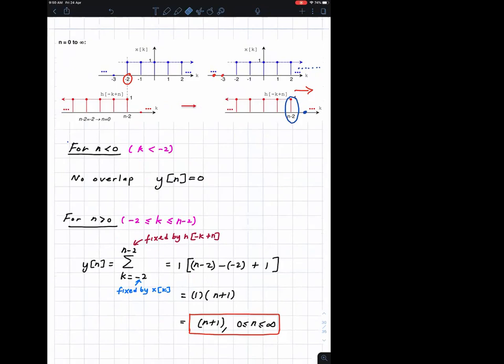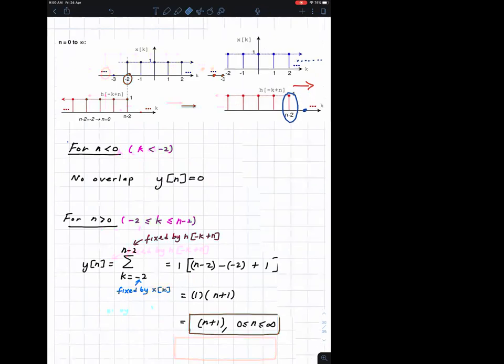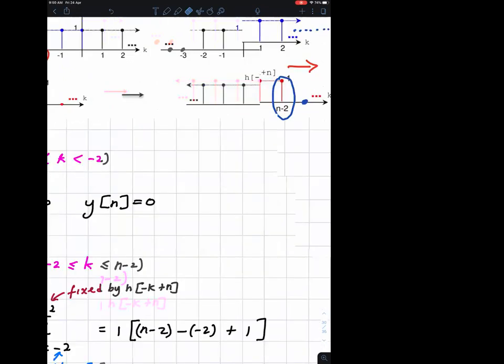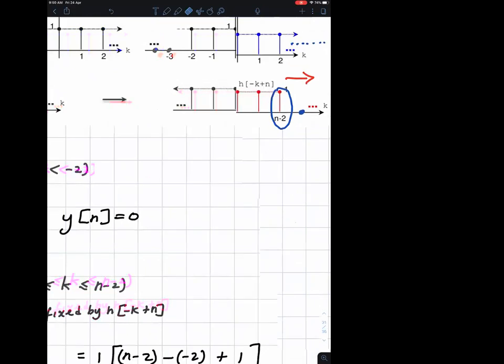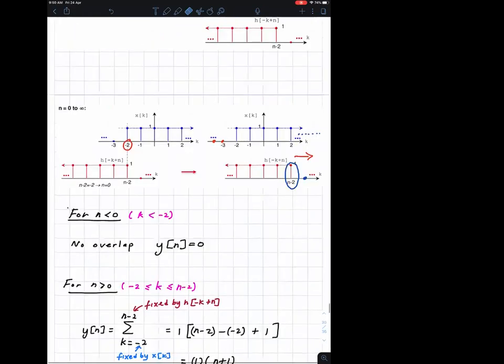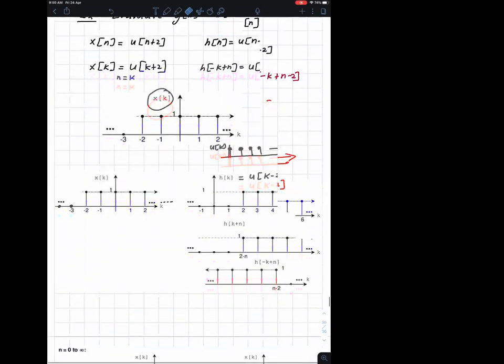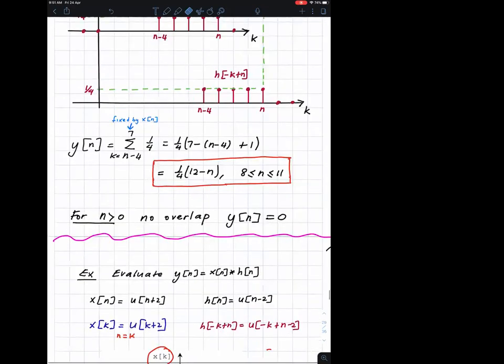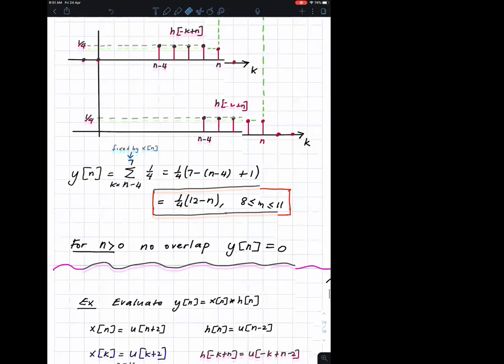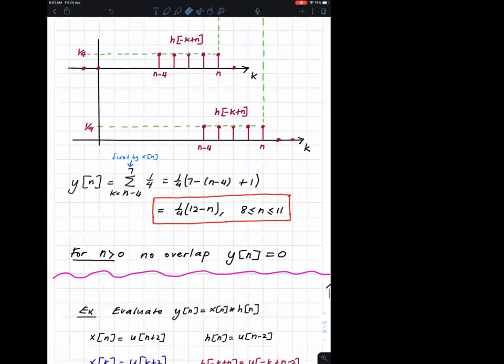Can you tell for sure what the n value can be? We cannot tell what n is. So we say the upper limit is infinity. Lower limit is 0. So even